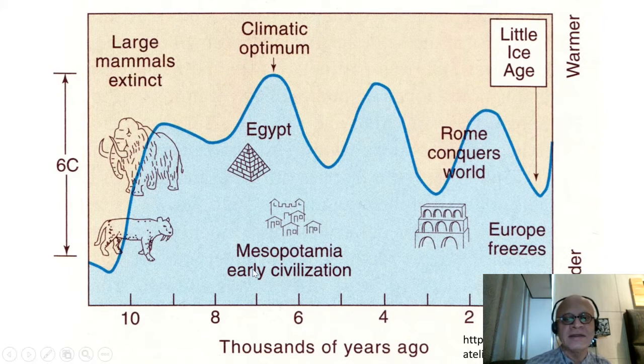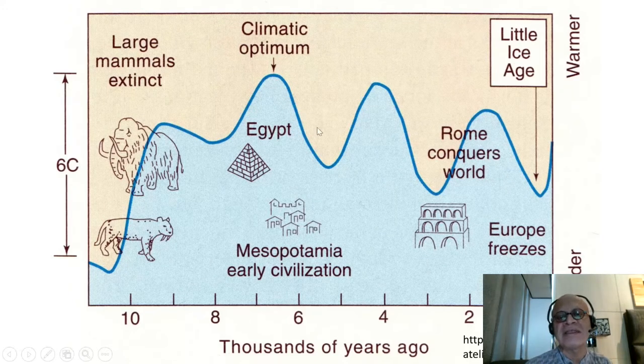Okay, I never get tired of looking at these Holocene figures. Each one does it slightly differently. This is from the Smithsonian, time going this way, and we are looking at the range of temperature over the Holocene since the end of the last ice age, after the Younger Dryas, a range of 6 degrees centigrade. So you had large mammals go extinct. We talked about this a little bit in terms of the climate impacts versus human impacts.